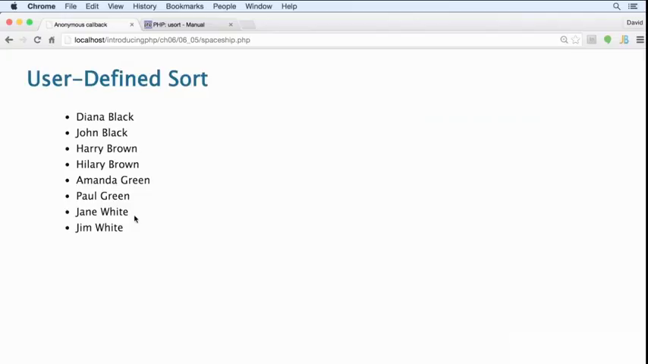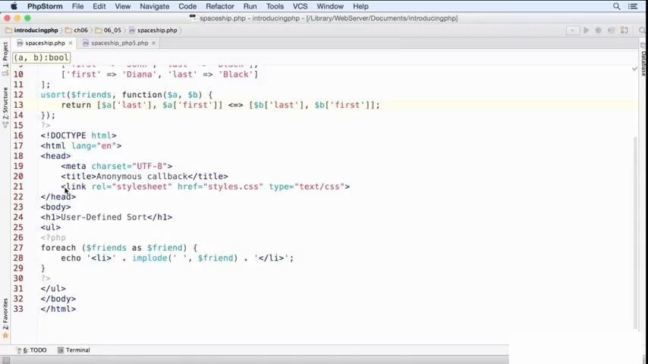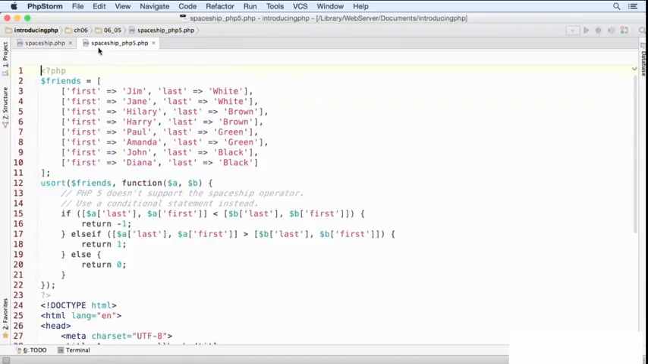What if you're using an older version of PHP? Well, let's go back to the editing program, and this has a user-defined function here. It needs to use a conditional statement, if, else if, and else, and it returns the correct values, -1, 1, or 0. Well, we've covered a lot of ground in this video using an anonymous function as a callback to